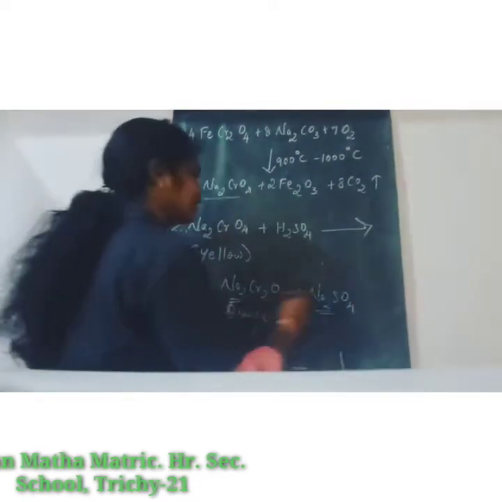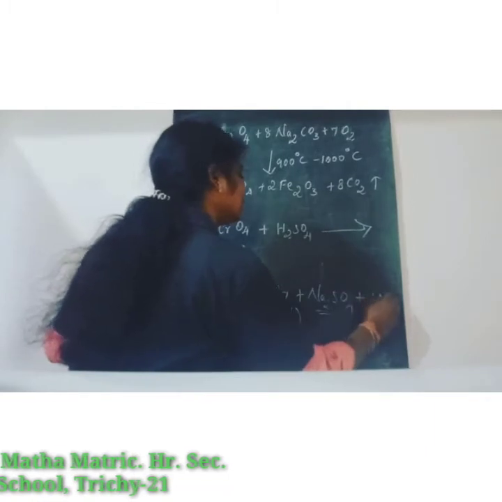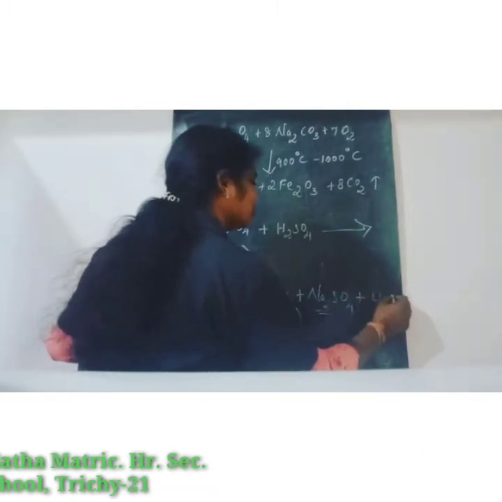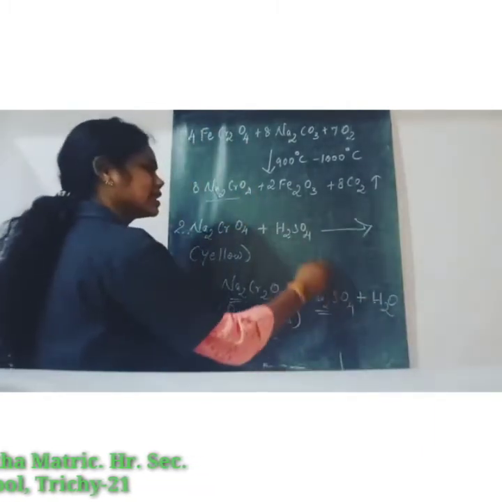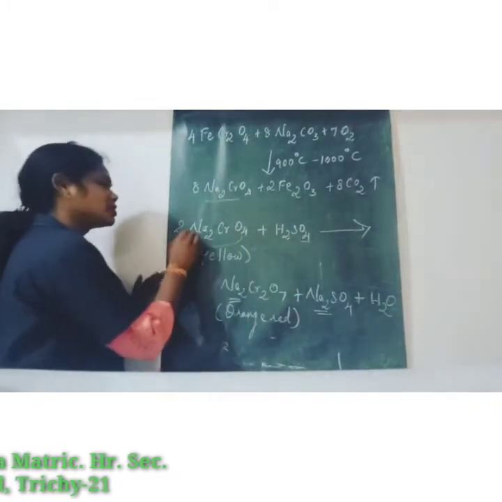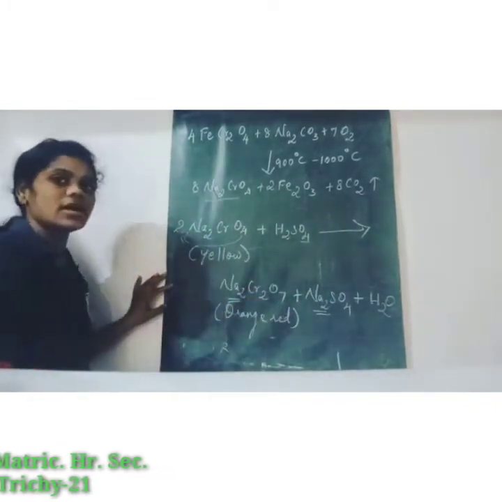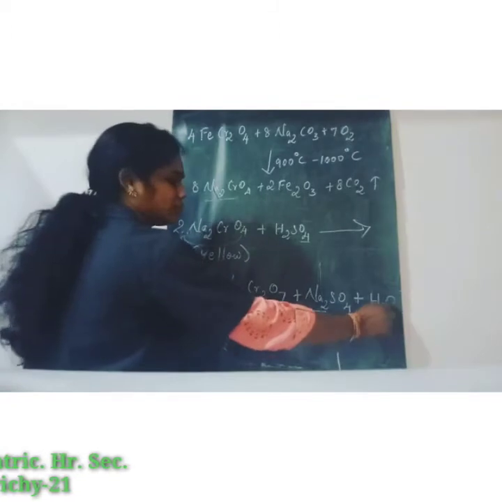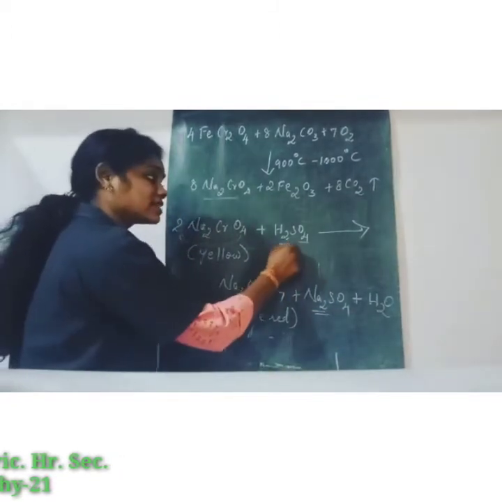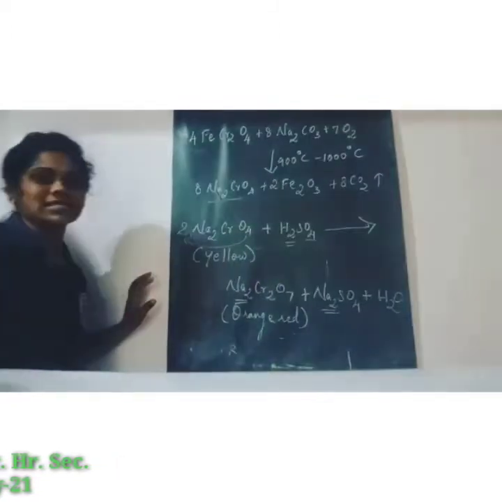So what is remaining? A water molecule is present, that is H2O. Here in sulfate SO4, 4 twos are 8, but here only 7 are used. So one oxygen remains, and hydrogen is in excess, so a water molecule is formed here.